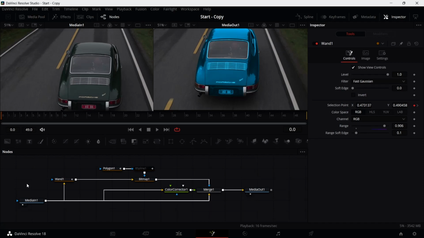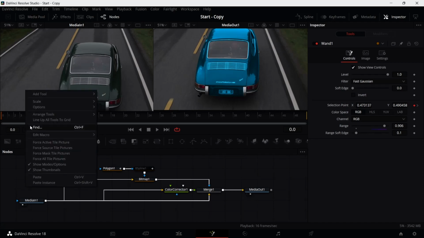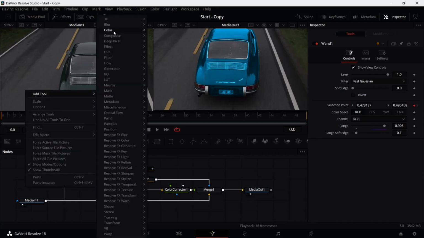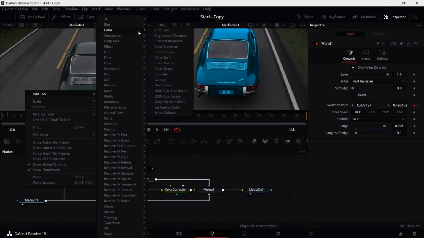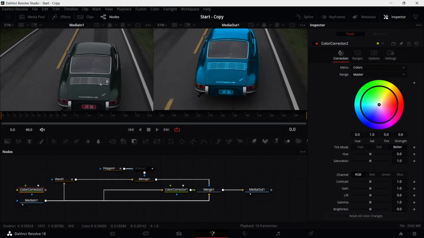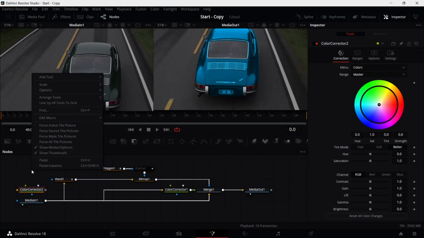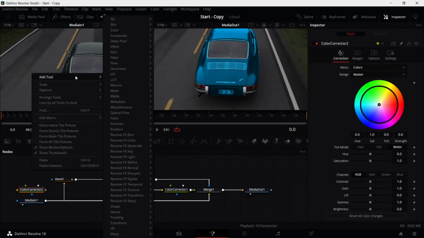We need four new nodes altogether. The first two are out of the color batch. So we'll come up here, and we're going to start with a color corrector, because since this is a Luma mask rather than a geometric mask, we're trying to isolate this color here, or at least turn it so that we can get it to be the alpha channel. And then the next color node we need, excuse me,